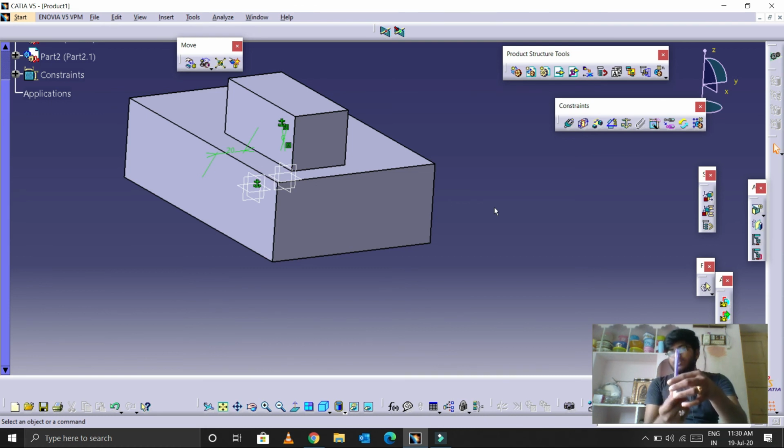This is how the top to bottom approach is done in assembly. In a similar way, the bottom up approach means the fixed component will be changed. So the bottom cap will be fixed first, then the refill inserted, then the top cap. So this is how the top down approach and bottom up approach of assemblies are done. And we have seen all the commands which are useful for assembly, and in the next session we will start small sketches in assembly mode. Thanks for watching.